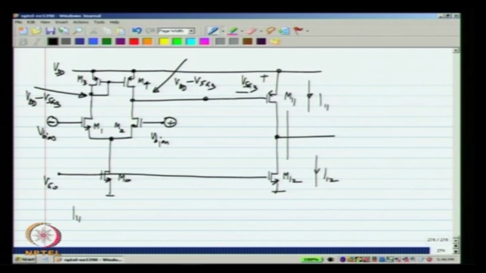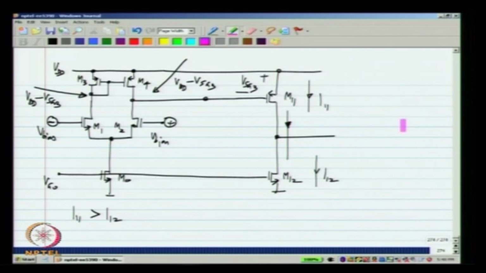The current has to be the same. It does not matter what M11 tended to carry if it was in saturation and M12 tended to carry if it was in saturation. When you connect them together like this, they have to be the same. If I11 is greater than I12, that is, the saturation current of M11 is more than the saturation current